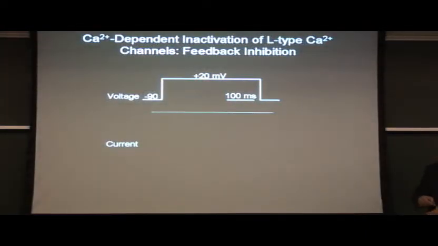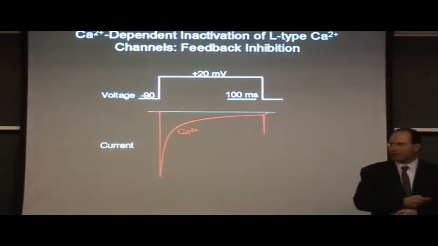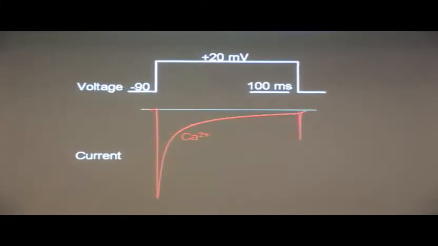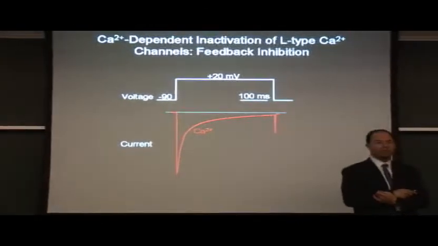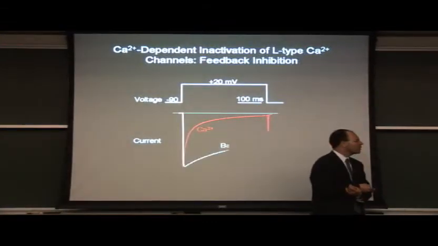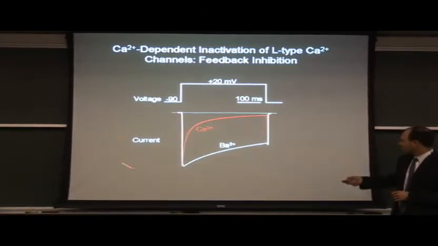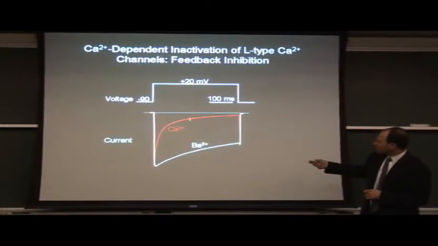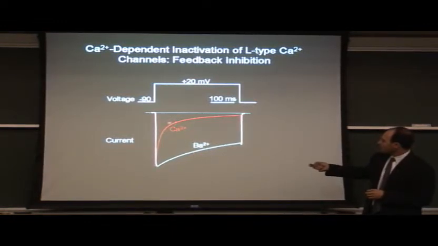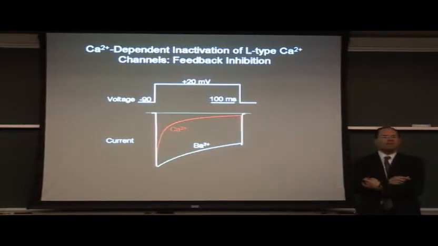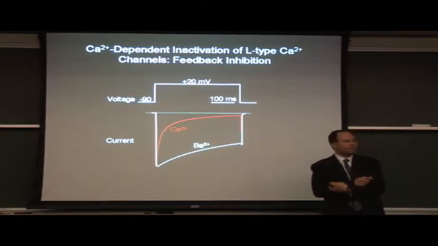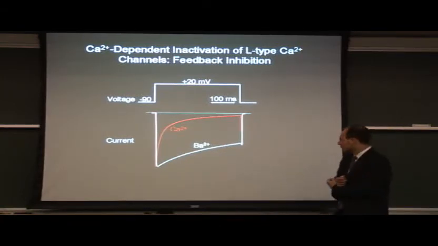So if you record calcium currents and you use calcium as your charge carrier, you see relatively rapid activation of the calcium current, and then you see decay of the calcium current while you're still holding the cell at depolarized potential. Now, if you do the same experiment on the same oocyte, and you just switch from an extracellular solution containing calcium to one containing barium, then you see that the barium current decays much slower. And this alteration of inactivation, or decay in current, with calcium versus barium is a measure of this calcium-dependent inactivation phenomenon, which is important for regulating the length of the action potential.